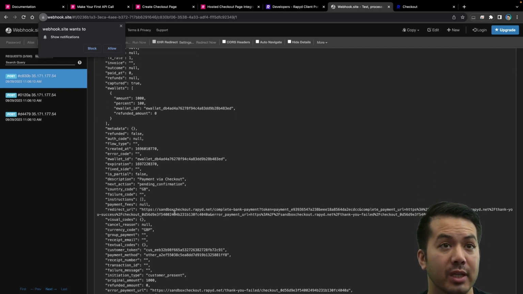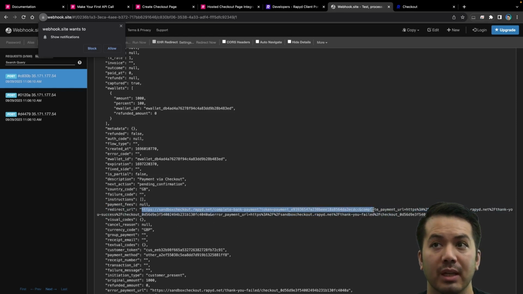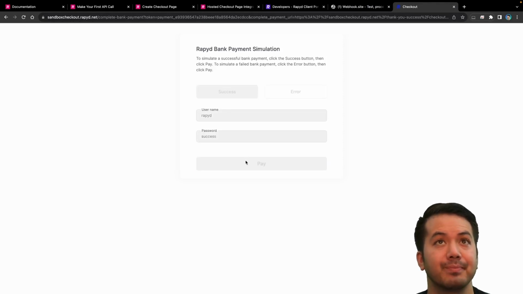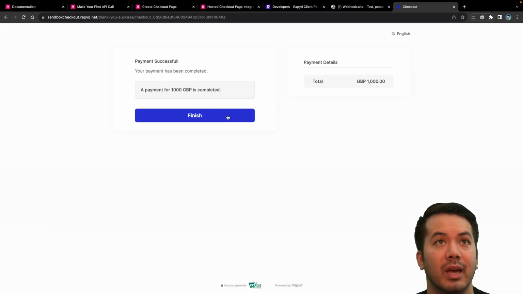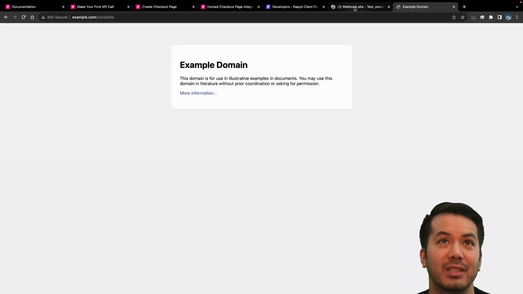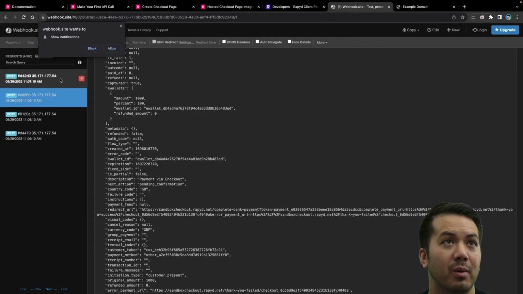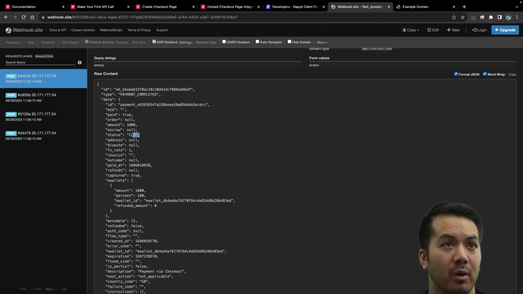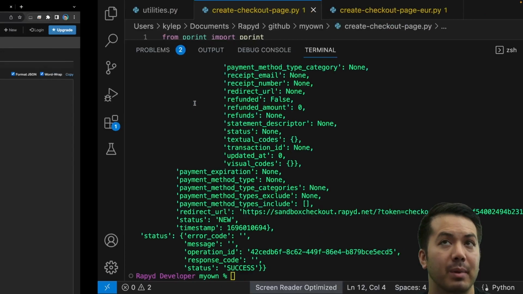Now we need to make sure it's closed. This is the same URL redirect that we are using as well. So let me go back to that. We can have a successful payment. And it looks like that £1,000 payment is successful. Now we get the response in the webhook, and we see the status is closed. I can even grab that payment ID